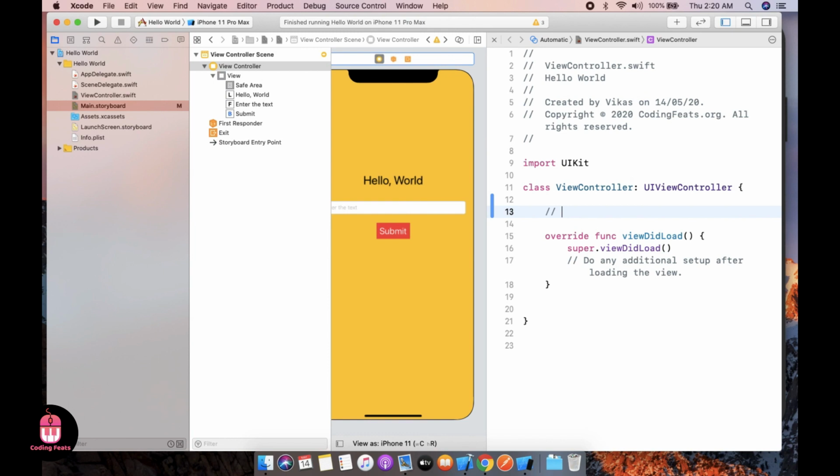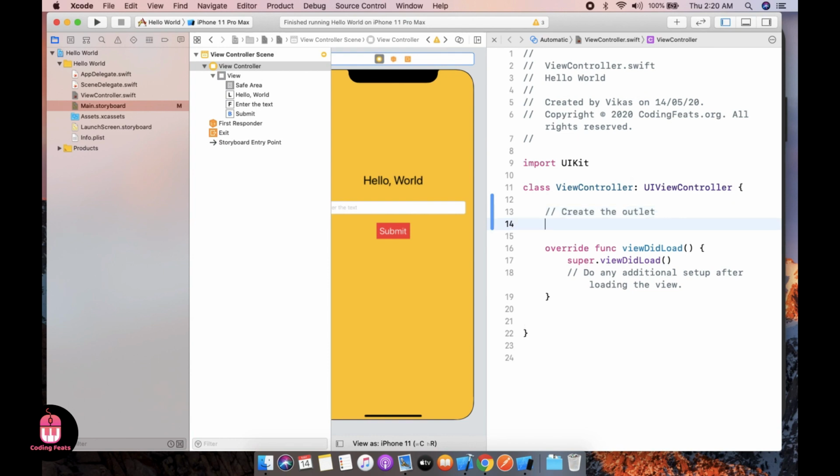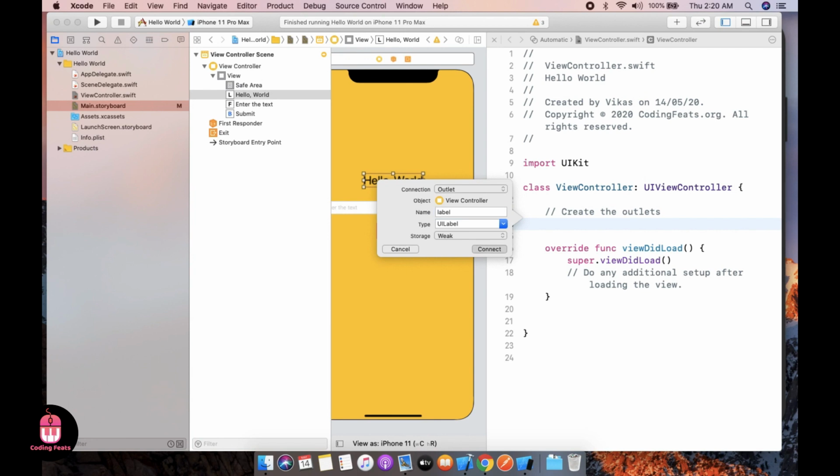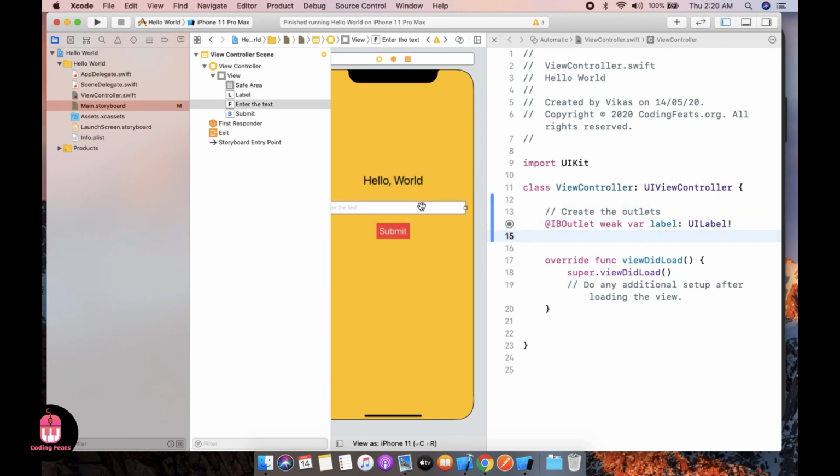So we need to create the outlet. Label. Just drag and drop.